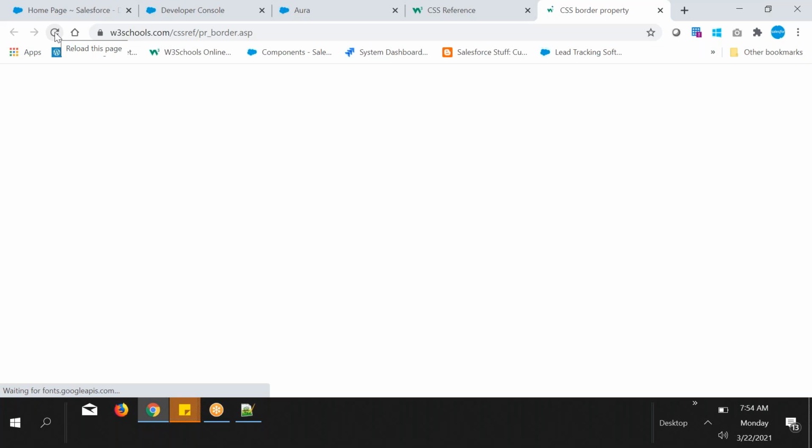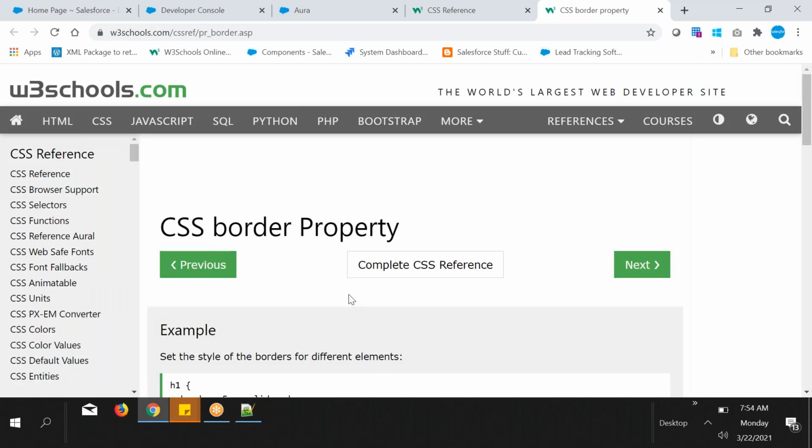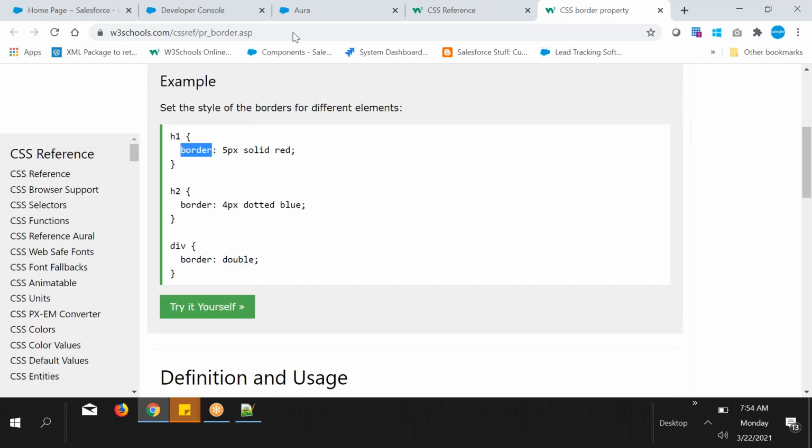With border, this is the syntax, and they have given something.